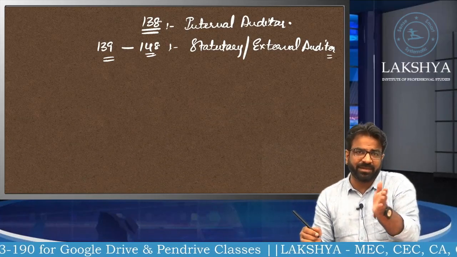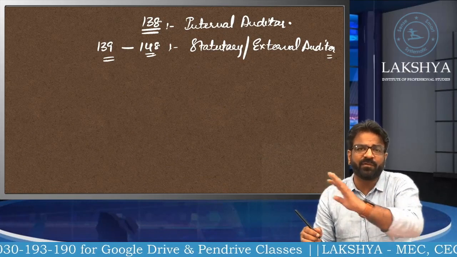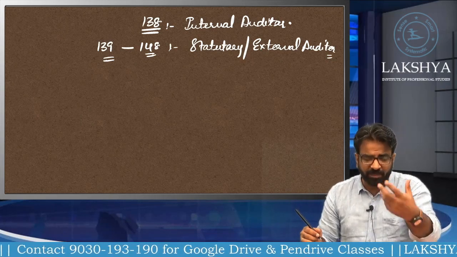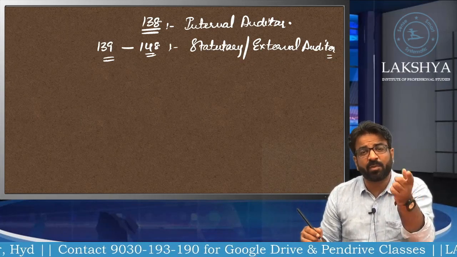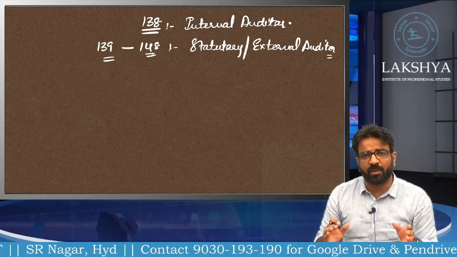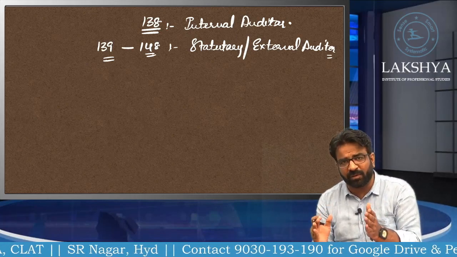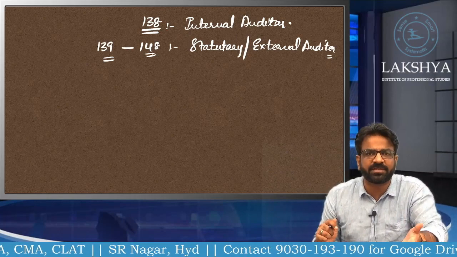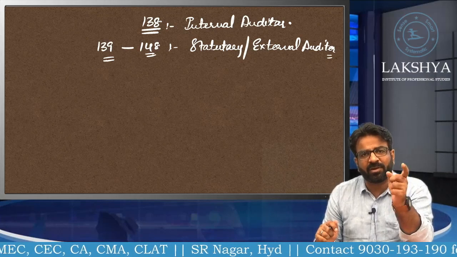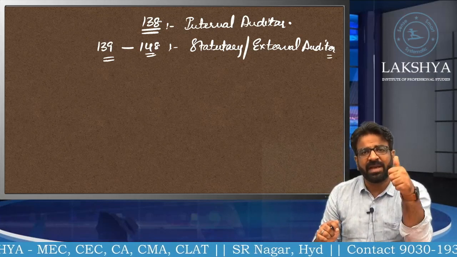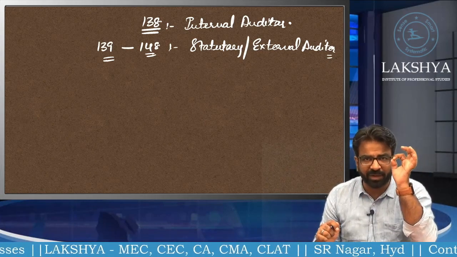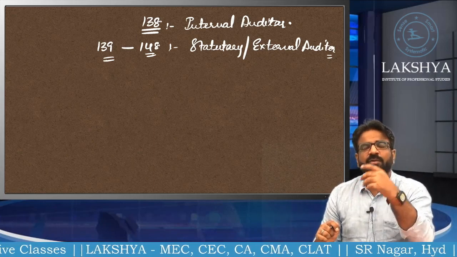Section number 139 is known as appointment of an auditor. But let me tell you where we are going to cover section number 138. In CA Final Advanced Auditing, we have one chapter called Internal Audit, Management Audit and Operational Audit. We have to do the internal audit in that chapter anyway, so we will cover section number 138 about the internal auditor there. So we are not going to cover internal audit in company audit; we are only going to cover the external auditor's sections.